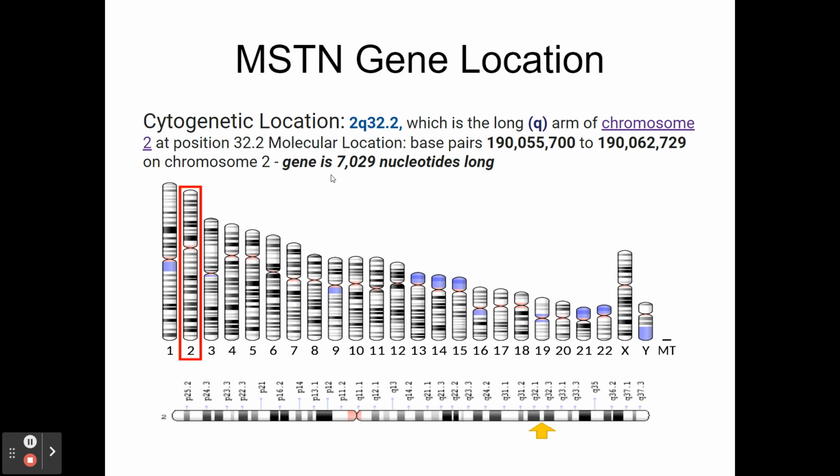Where is that mutation found? It is found on chromosome number 2, and it's found on the 2q. The q means it is on the long arm of the chromosome. So this is the long arm, because here's my centromere. This is the P arm, which is petite, and here is the Q arm right here, which is the long one. And it's between base pairs